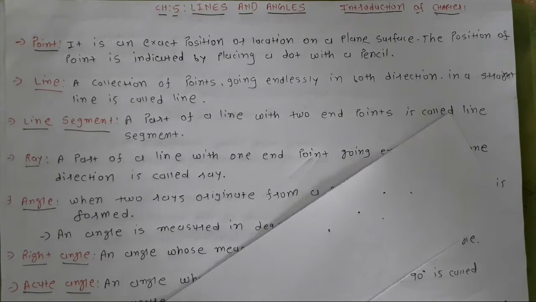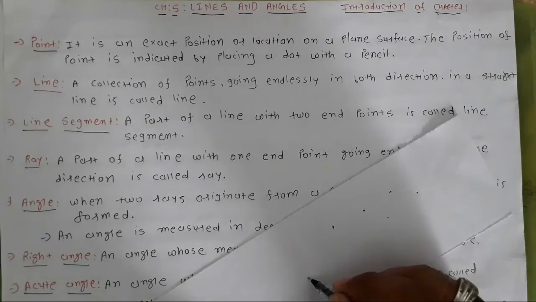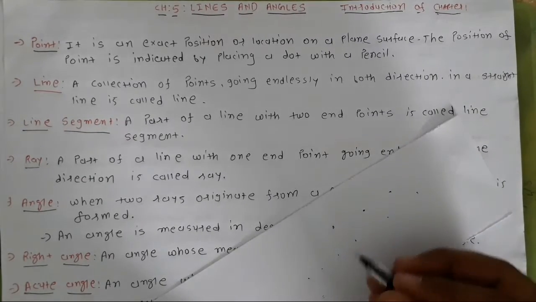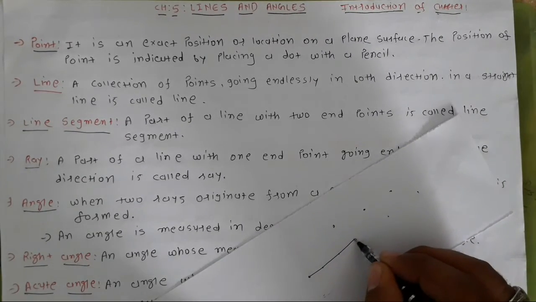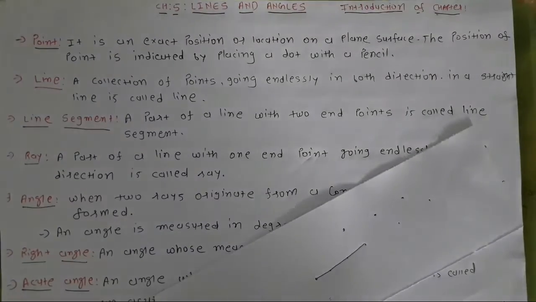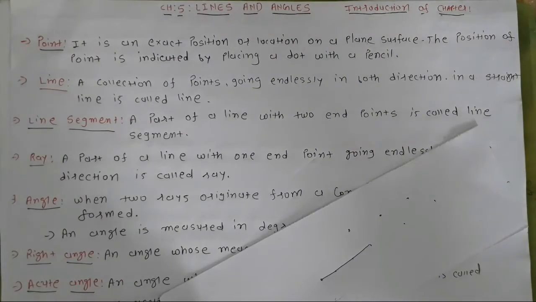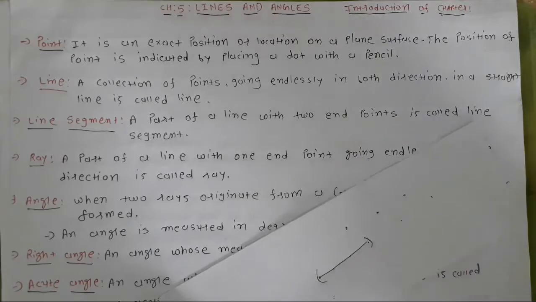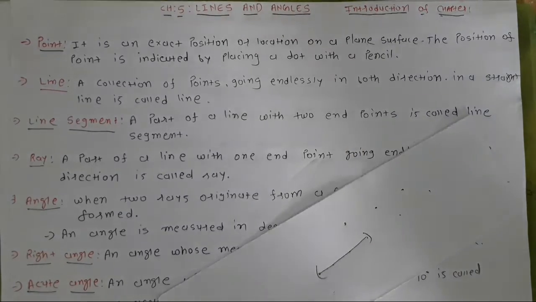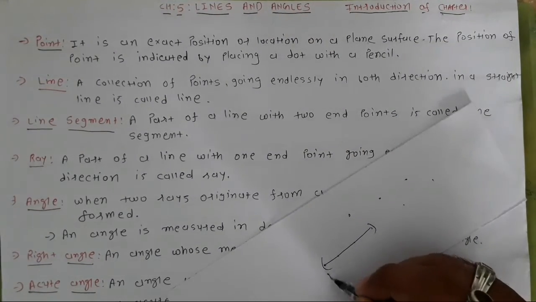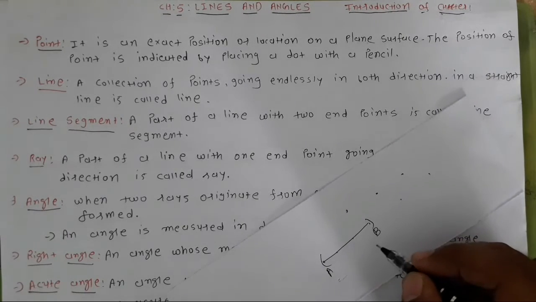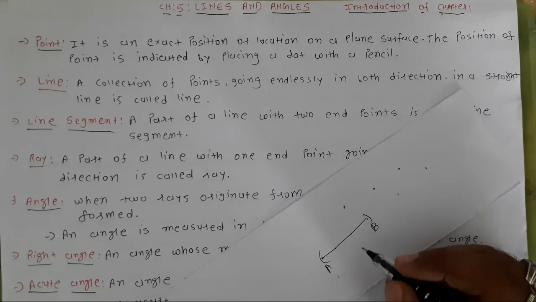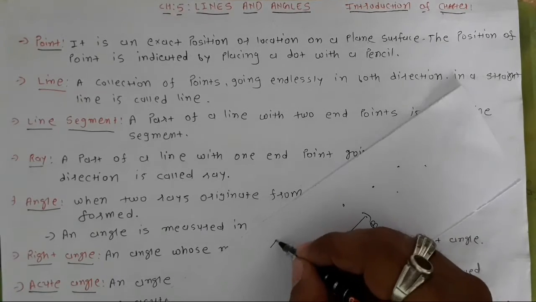Now the next topic is line. Suppose I have these points, and if I join them, then it will become a line. But in a line, the length cannot be measured as its end point and starting point are not fixed. So the starting point and end point of a line are not fixed. That's why it's called a line. For example, this one is my A and this one is my B. And if in the exam I have to write line AB, how can I write it? Here I can write line AB.